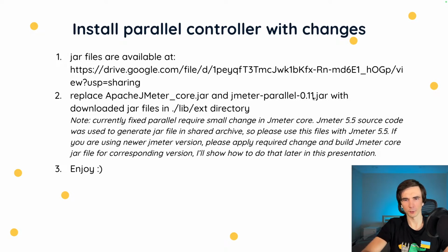but I'm pretty sure that it will not be updated too soon. So you will have 0.11, or it might be 0.12, 0.13, whatever. Replace this parallel controller jar, place the two jar files here and restart JMeter. That's it. That's what you need. So one note: parallel controller itself should be more version agnostic. So it may work with JMeter 5.5, with JMeter 5.4, and so on. But the core itself, the actual JMeter binary,